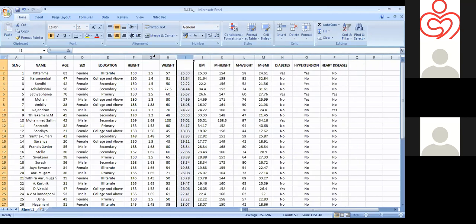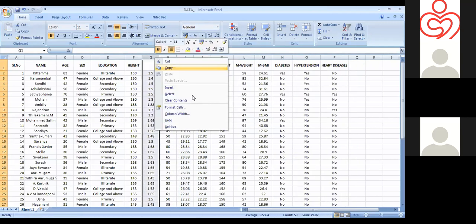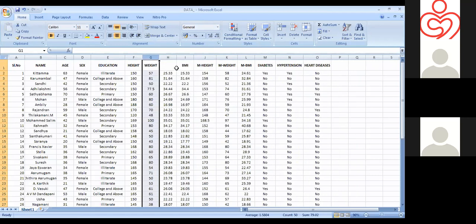Now we can delete all the other columns which we had inserted for creating this BMI. As you all are hearing this for the first time, you may feel like there are many steps, but actually while we do this manually, it will take much time, and if we are used to these kinds of shortcuts in Excel, it will be easier.